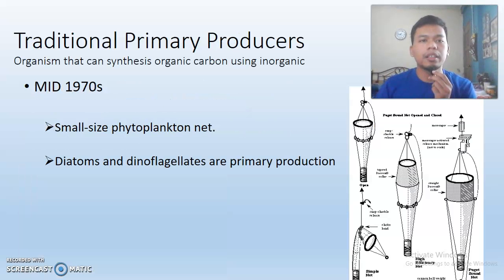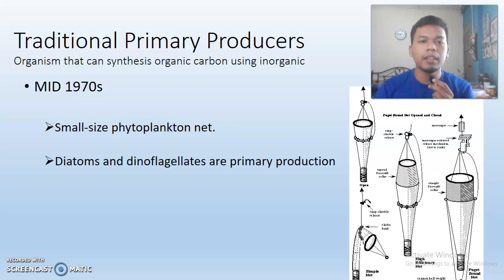Okay, for the primary producer, what is meant by primary producer? Primary producers are organisms that can synthesize organic matter using inorganic matter. So what is the difference between phototroph and primary producer? What makes them different is that a phototroph must use a light source, while the primary producer can synthesize ATP either using